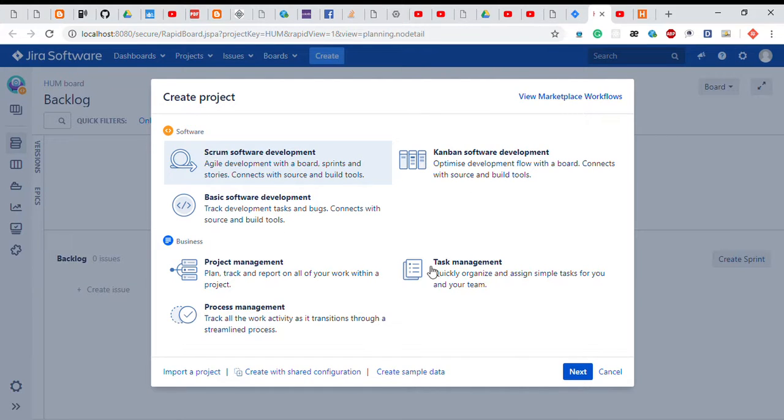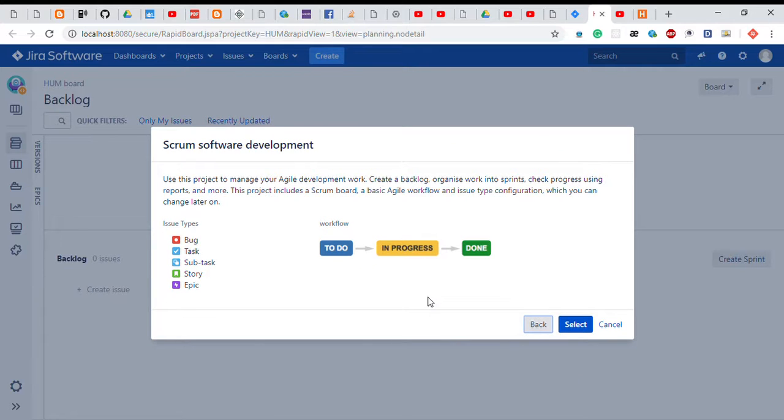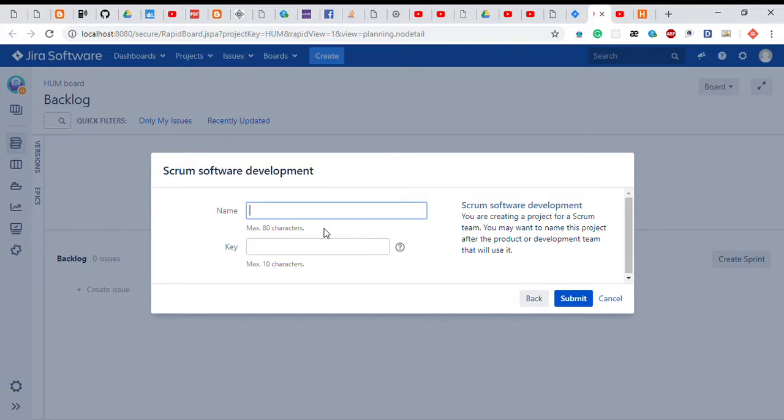Now you can see on this create project bar some types of things to create, but you need to focus on the Scrum software development. Select this and next, continue next, select this, and enter the project name human